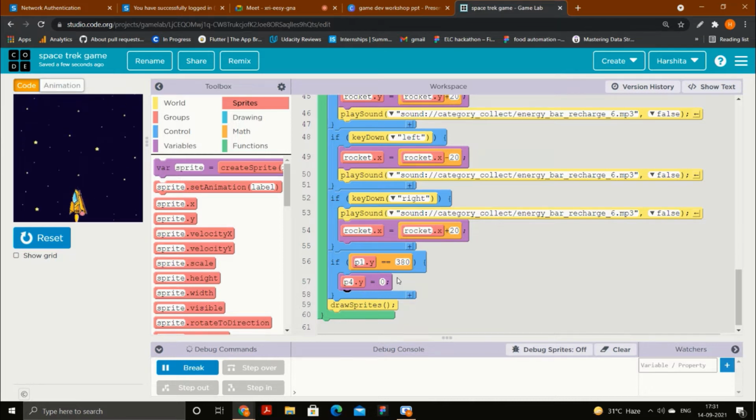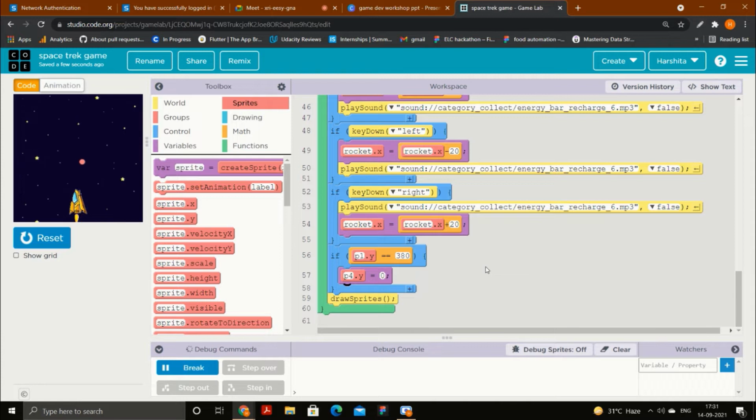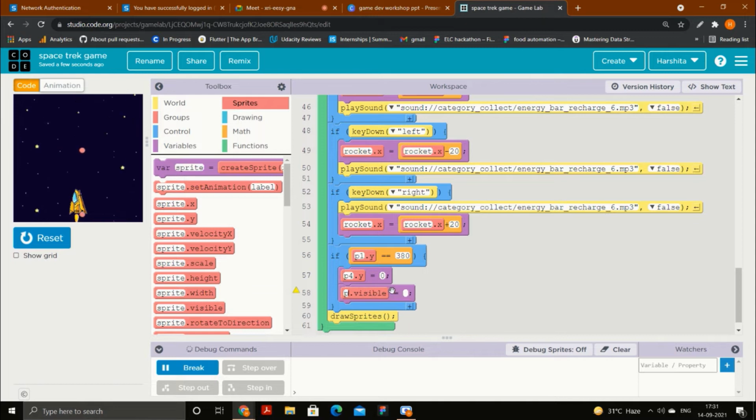Yes, exactly. See, that's what I told you, that right now the other three planets P3, P4, P5 are not visible, because it is like P4 dot visible false, P5 dot visible false. So now here we need to set it visible as true, so that it will come from the top as well as be visible. So P4 dot visible equals true. That's it. Now see, if this purple one comes approximately, now see the fourth one is coming from the top.